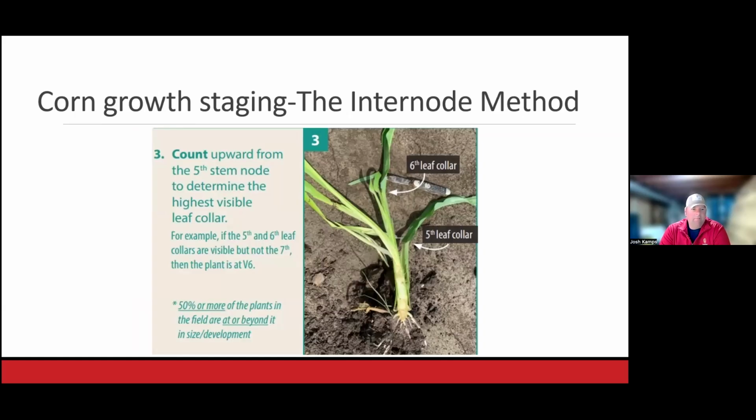And then count upward from that fifth stem node, okay, to determine that highest visible leaf collar. So again, we want to try to pick uniform plants that have the right developments for getting a gauge on that entire field. Right, so we'll take a look at both that six node method and the internode method in